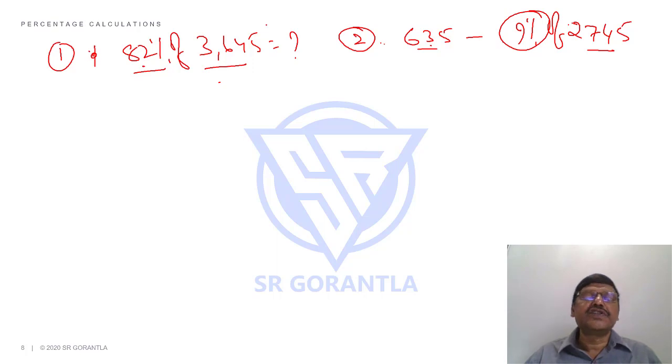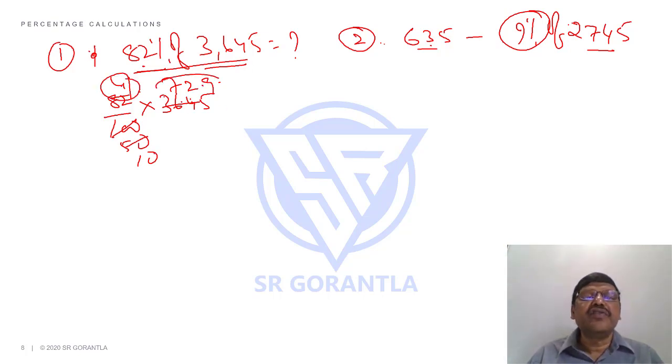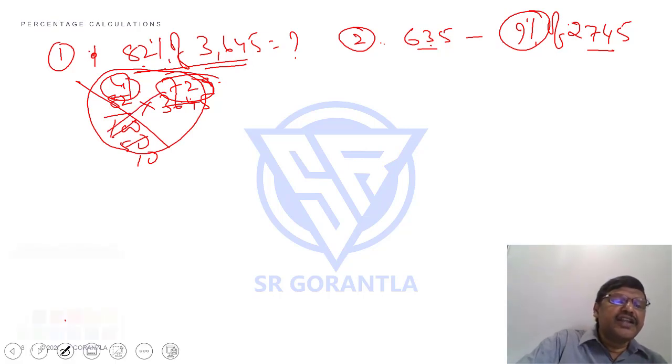Here, 82% of 3645 is how much? We will take up this, students. What is 82% of 3645 means? 82 by 100 into 3645, if I take, see, you can always multiply. You can try to simplify and get the answer. You can say 2 50s, 2 41s, then again 5 10s, 5 7s 35, 14 5 2s 10, 5 9s. Multiply this, divide. It takes more time. See, 41 into 729, you have to multiply. It will take more time. That's why we'll not follow this traditional approach.